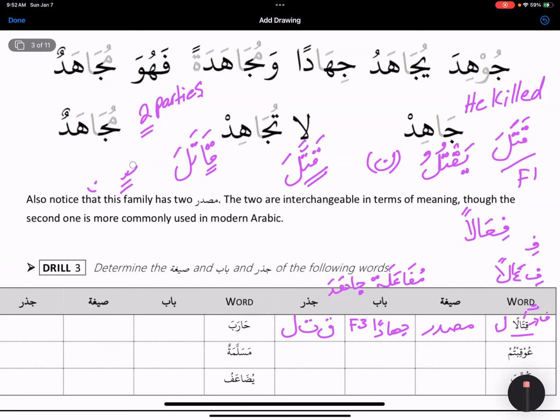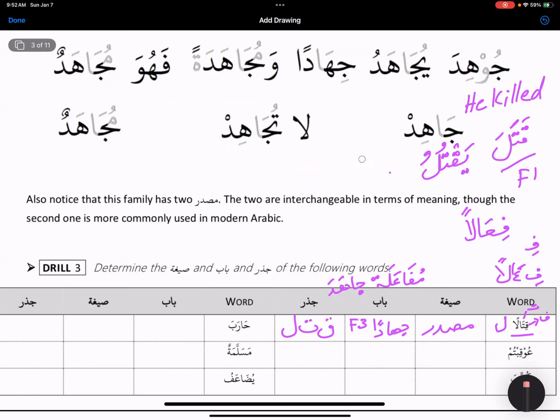Okay. So this is how it works. If you remember the word ta'awana, that would help. We know that ta'awun is two parties cooperating with each other, right? So both sides are basically equally active. But in this family, one party is more active. We can say jihad is always against your nafs, right? And you know our nafs is very dominant. It's very hard to control our nafs, right? Subhanallah.